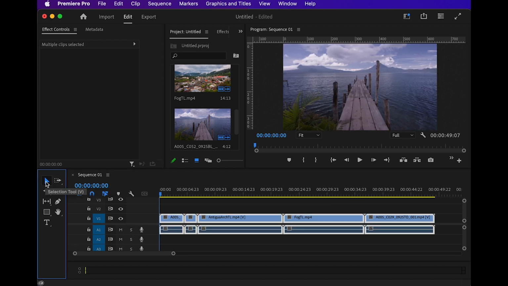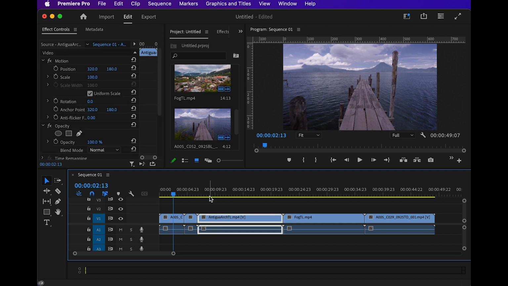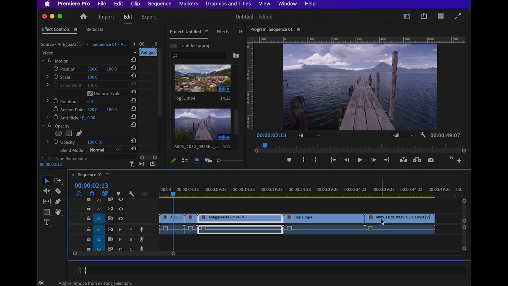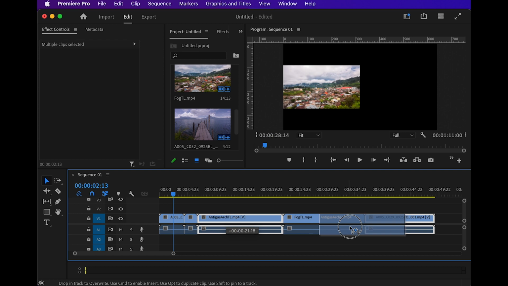First up is your selection tool, also V on the keyboard. That's the quick command. If you have any of the other tools selected and you hit V, it'll bring you right to the selection tool. When that's selected, whenever you're in the actual scene with the clips, you can select individual clips. If you hold shift and left click, you can select certain videos, and you can take these and move them around,